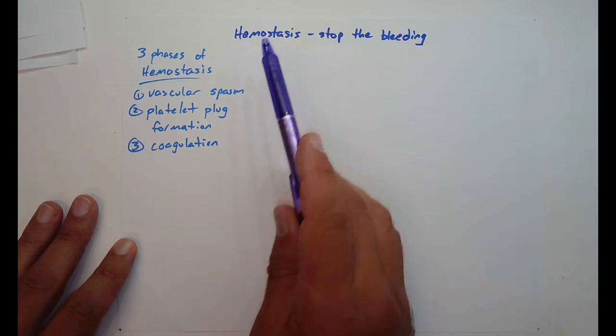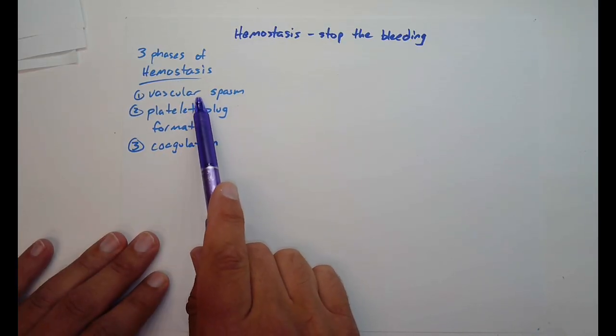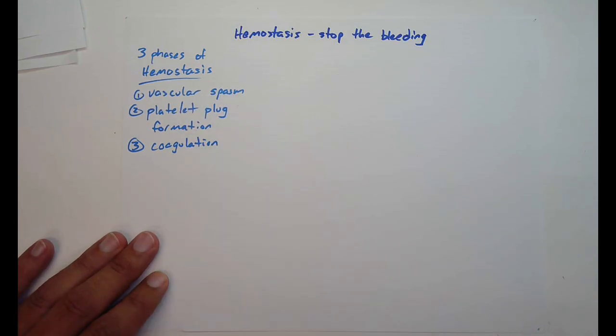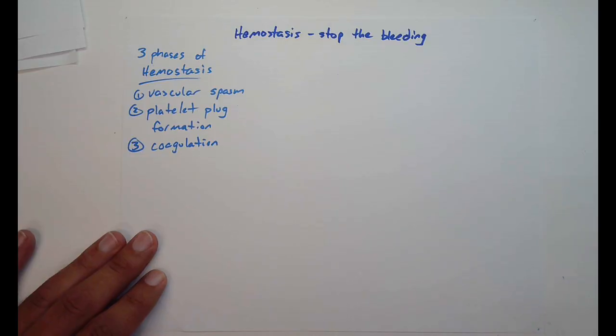Post-damage, tissue damage, we need to first stop the actual bleeding by vasoconstricting. It's called a vascular spasm. Then we need to block the damaged area, so we go through platelet plug formation. And here we are on video 3 where we're going to be talking about